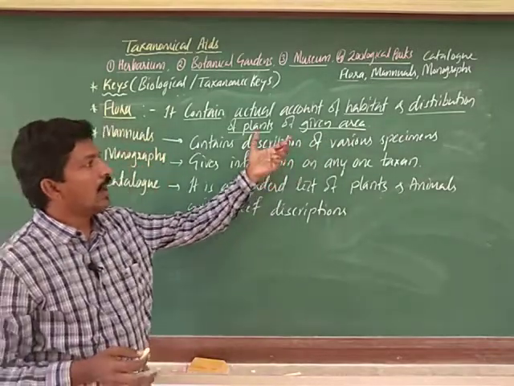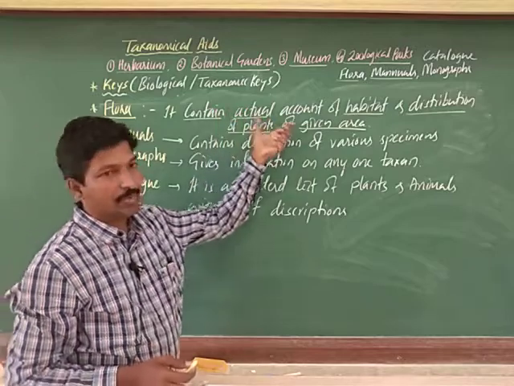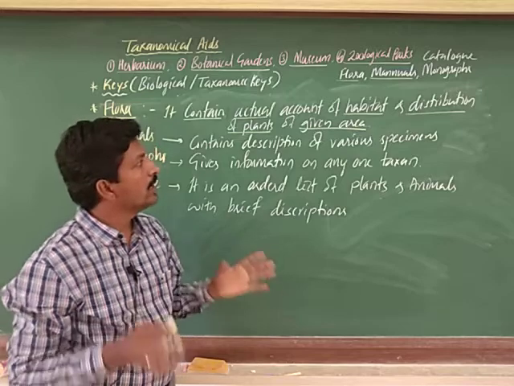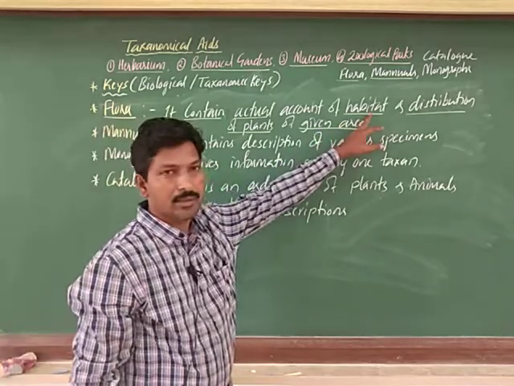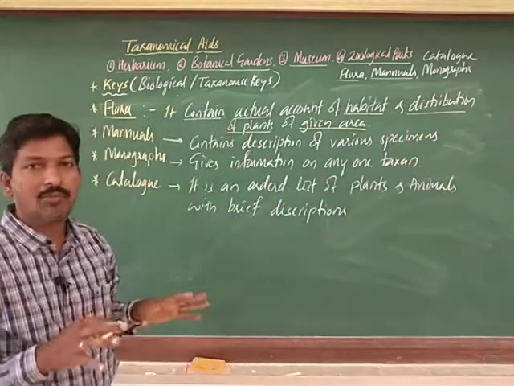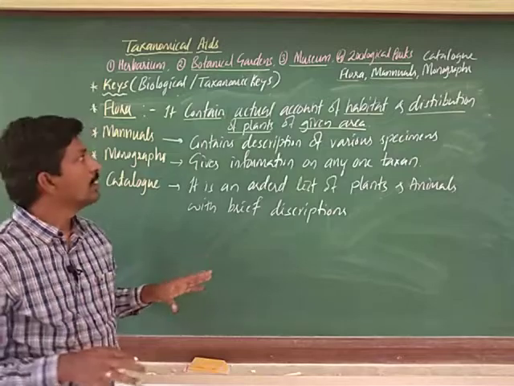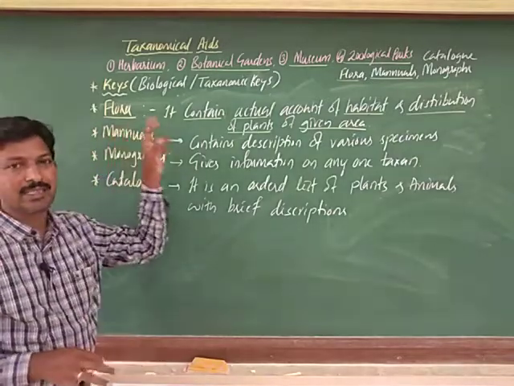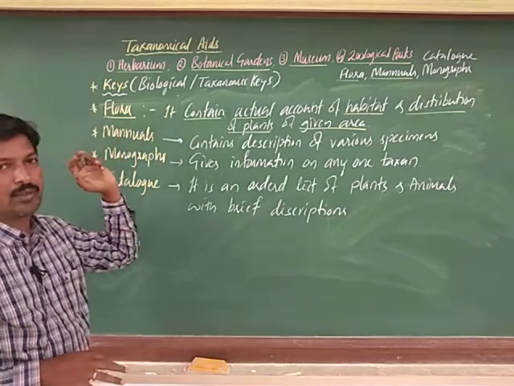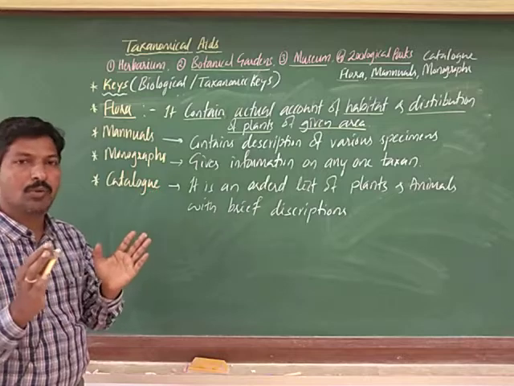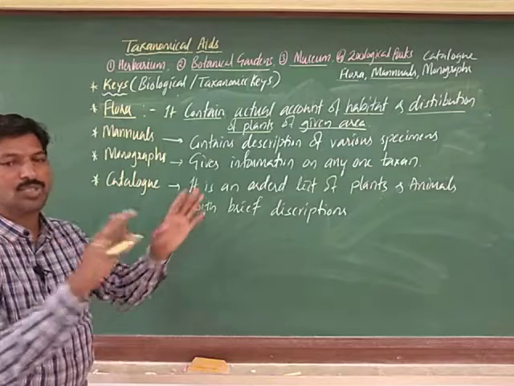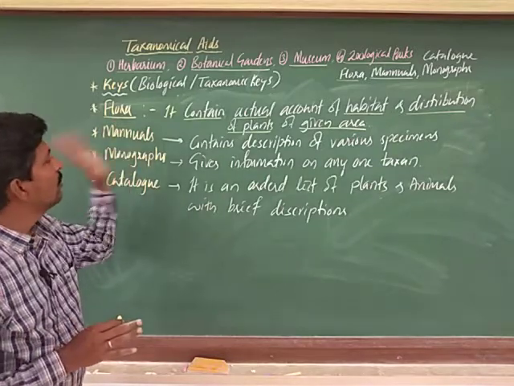In that, the actual account means how many plants are growing in this area, okay. That is the habitat we can consider, the living area, okay. And the distribution, which kinds of plants are grown here, that is the flora. It gives the index of plants, understood. So, that is what flora is, okay. Flora means it is related to plants. Whenever the term flora is used, it is only related to plants. Plant distribution of that given area is known as flora, you can consider.